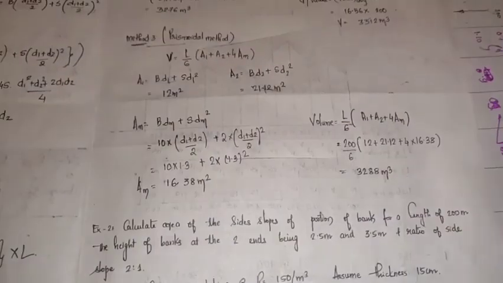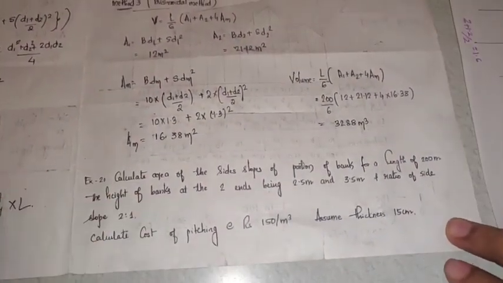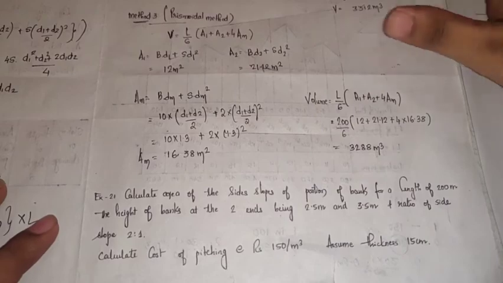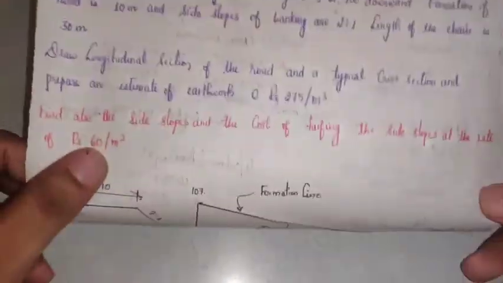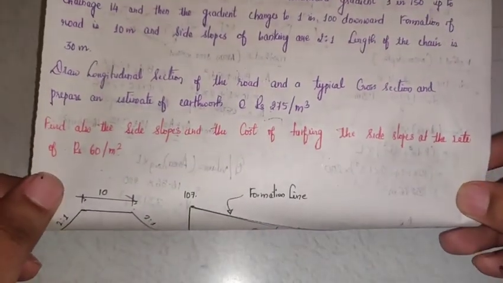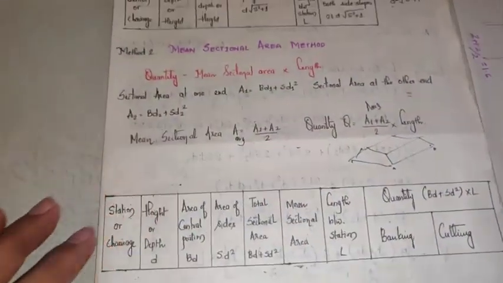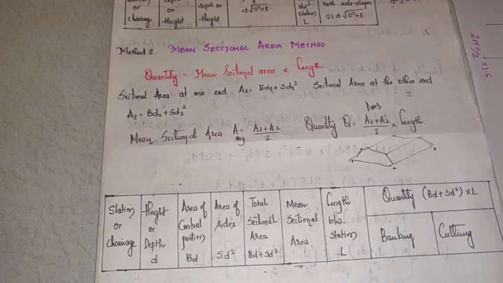Don't forget to write the assignment. I will show you once again the problem. This is the problem that you are supposed to take for assignment, and also this red part I have shown, you have to solve this also, and you can send me the solution on WhatsApp. I hope you are clear with the mid-sectional area method. In the next class I'll take problems related to different approaches, that is a combination of both cutting and filling. We'll see in the next part. Thank you very much.